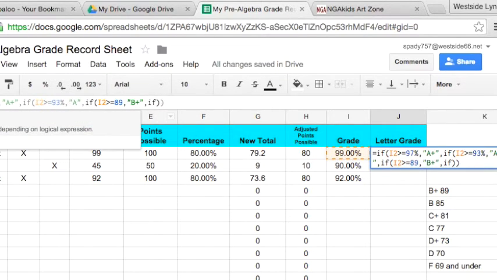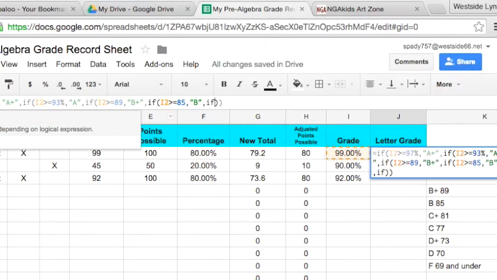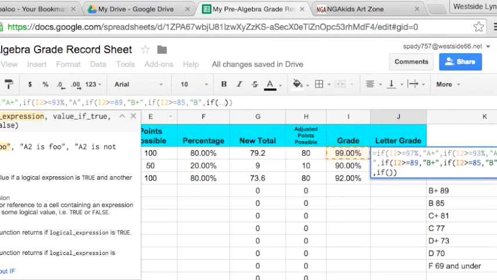Next one, if, parentheses, I2 greater than or equal to 85, comma, quotation marks, B, quotation marks, comma, if, parentheses, I2 greater than or equal to 81, comma, quotation marks, C plus, quotation marks, comma, if,